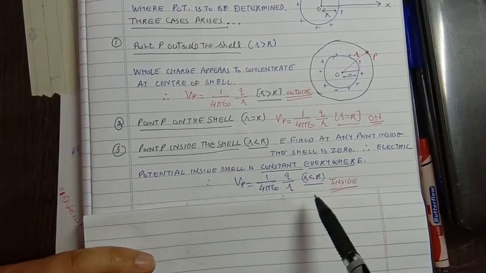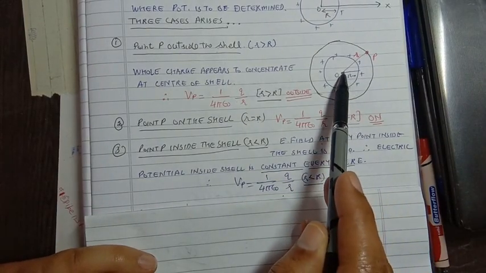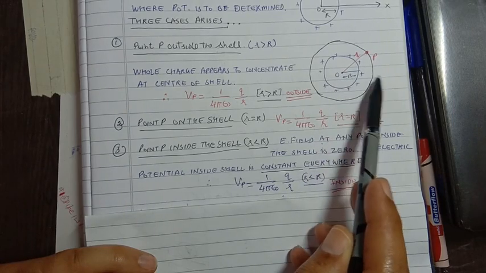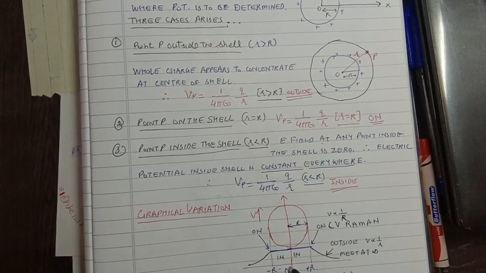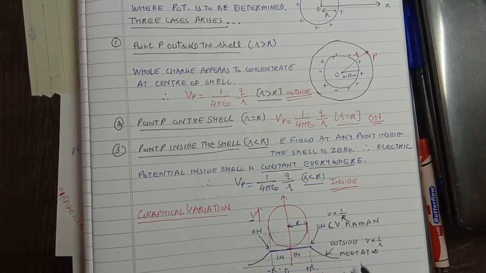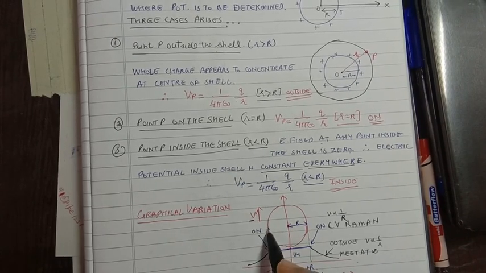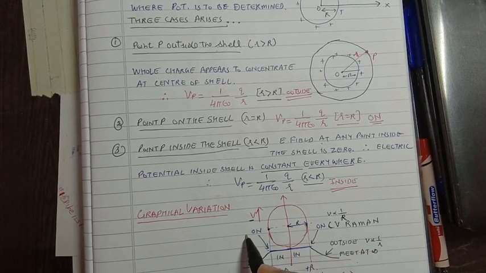If we sketch the graphical variation of electric potential right from the interior of the shell onto the surface of the shell to any other exterior point, then this is the variation of electric potential with the distance. This is the shell, this is the center of the shell. So this is a sketch between the electric potential and the distance right from its center to a faraway point. Plus R and minus R indicate the two extreme radii on the positive x-axis and negative x-axis.